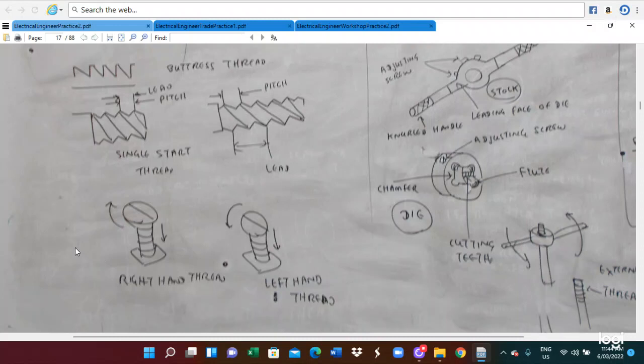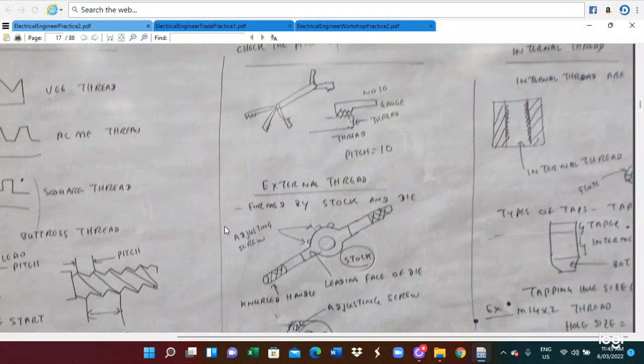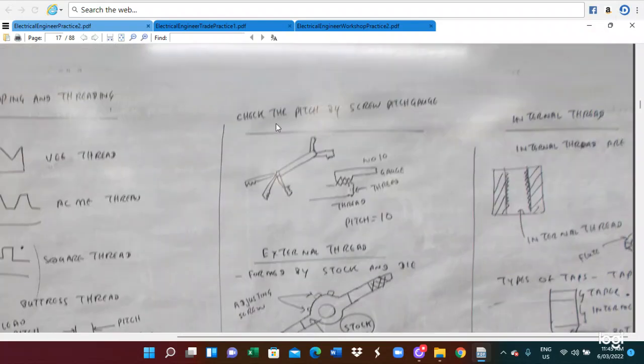You turn it crosswise, so this thread will be going down. This is the right hand thread. If you turn it crosswise and the thread is going down, this is the left hand thread. So thread can be measured by using the check that are pitched by the screw